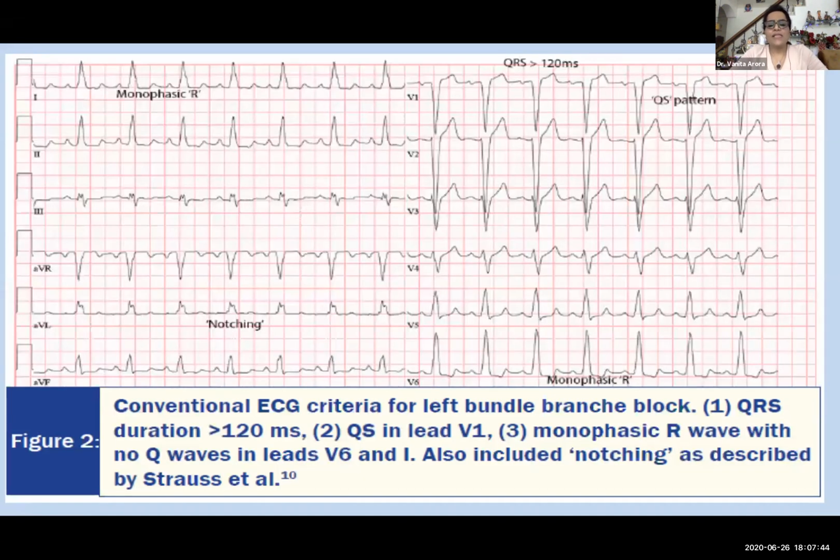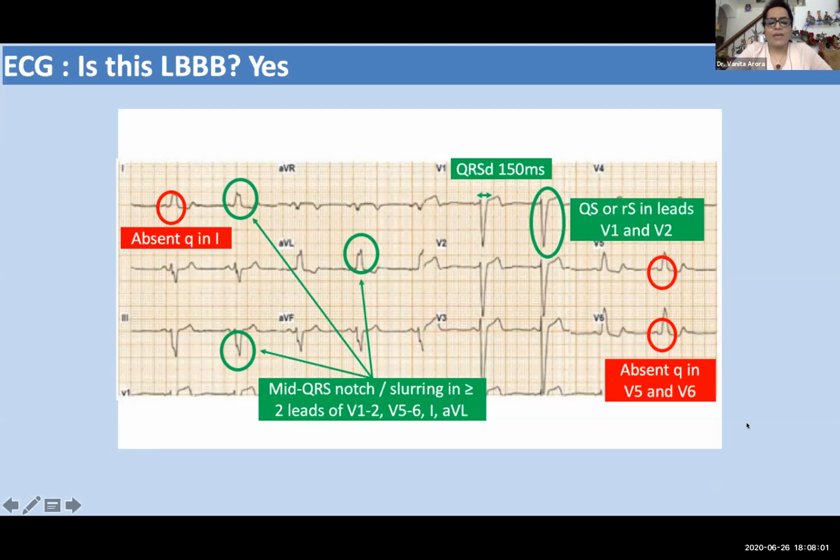Now, if we look at this ECG, please see that the QRS is wide. It is more than 120. If I can measure it rightly, it is around 150 milliseconds. The PR interval is normal. And you see the notches. Just look at the notches. I've put the markers here for the convenience of everybody. The QRS width is 150 milliseconds. You see there is